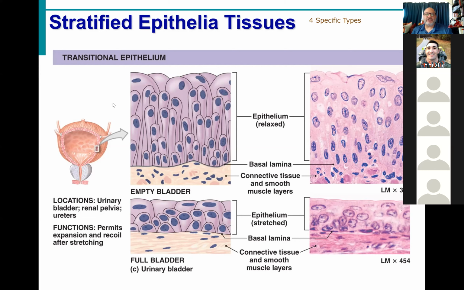Notice on the top picture here, you can see the bladder when it is empty, these cells are tall and columnar in shape. But what happens is this tissue has the ability to stretch, to expand, not with elasticity like that balloon, but by changing the shapes of the cells. And what this allows the cells to do is expand the volume of the bladder without dramatically